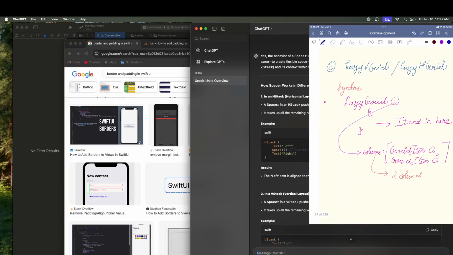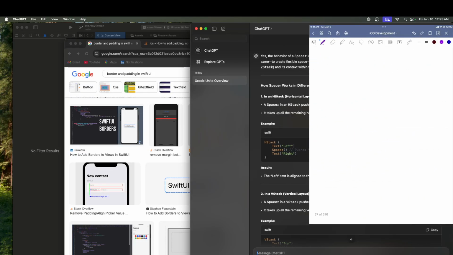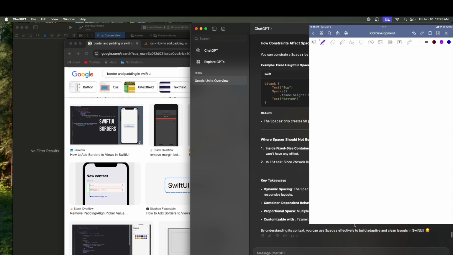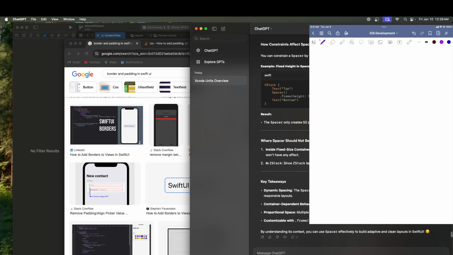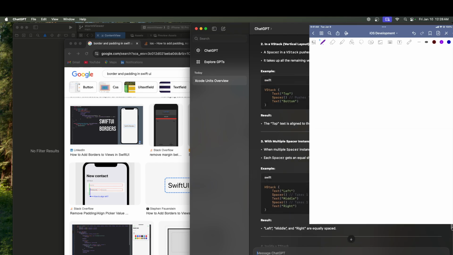And then occupy remaining space. So this is again, then